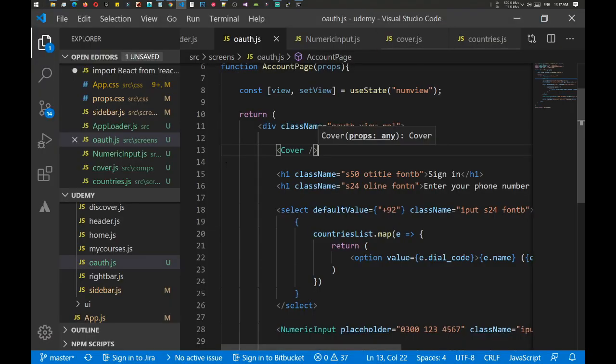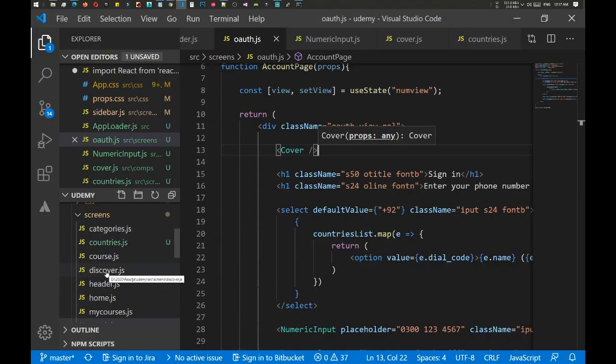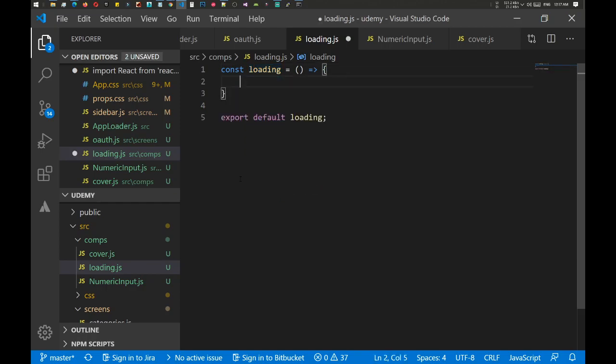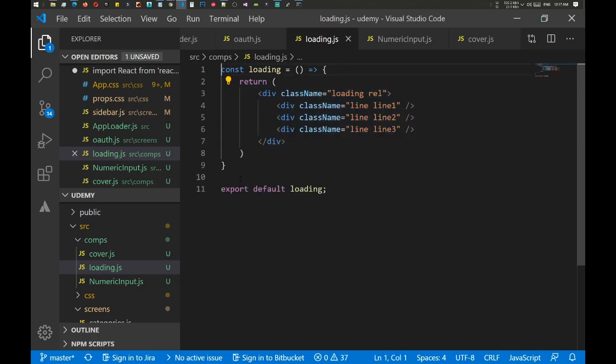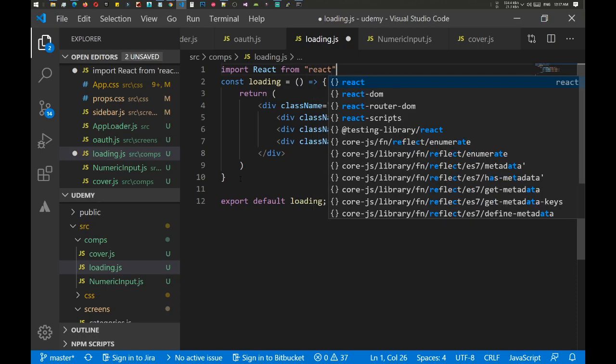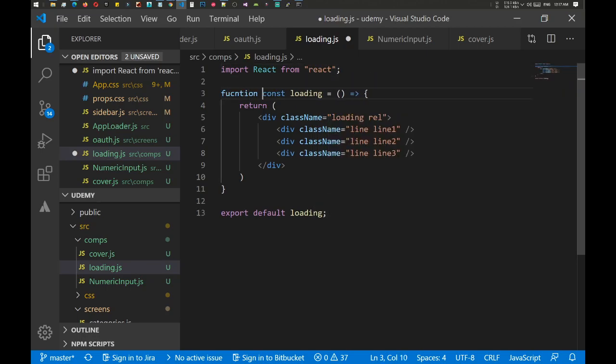Let's go to loading. I guess it is not accepting the just export thing, so let's quickly copy and import React from React and use function instead. Function loading